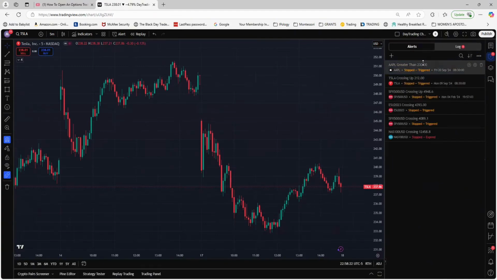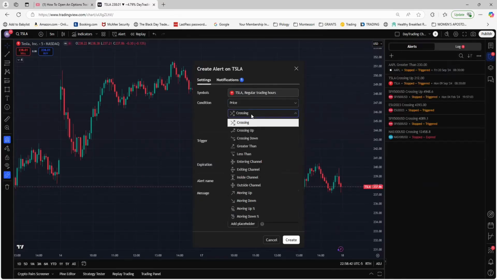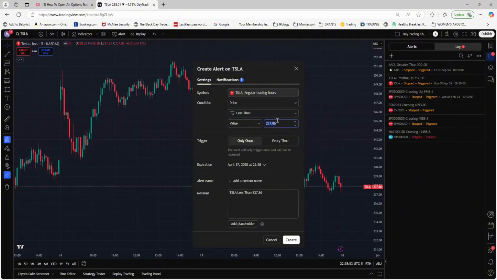Here is where you can set alerts. So to set a new alert, you click the plus sign. Here it's going to bring an alert to whatever chart that I'm in. So Tesla during regular trading hours. Do I want this alert to be based off of my price or one of the indicators that I'm currently using? So I want the stock to cross up, be crossing or going down, greater than, less than. So let's say I want it to be less than, alert me when Tesla is less than $230